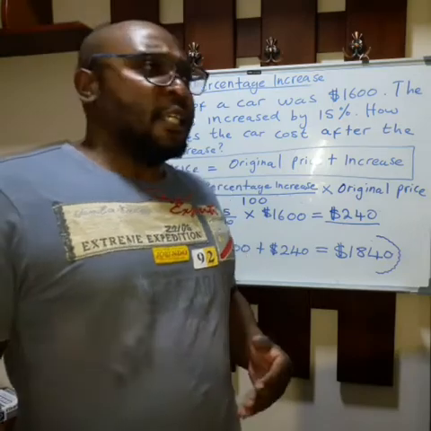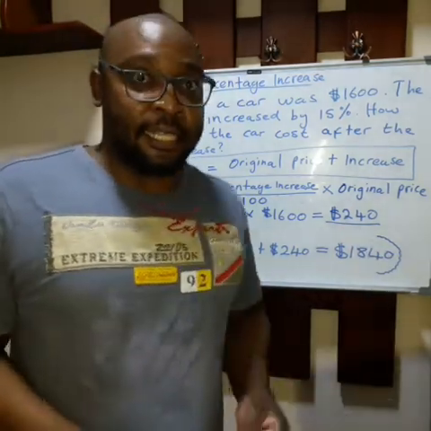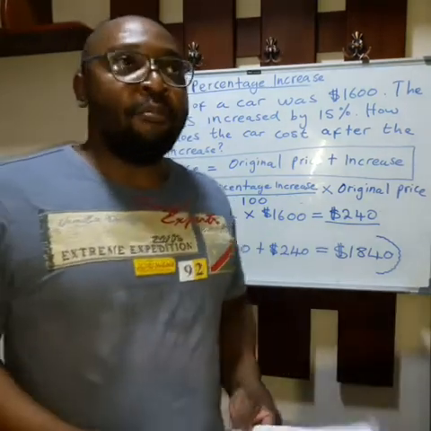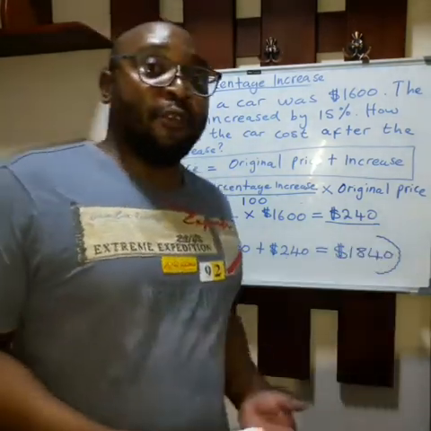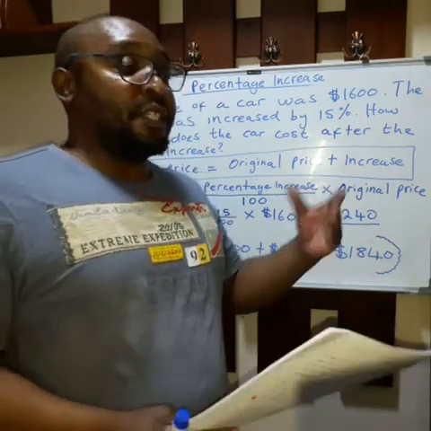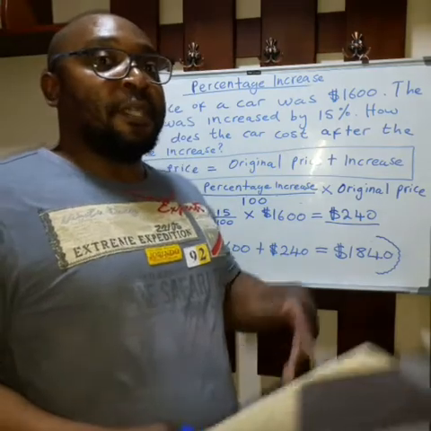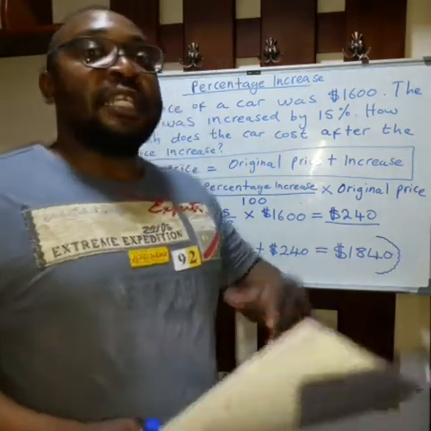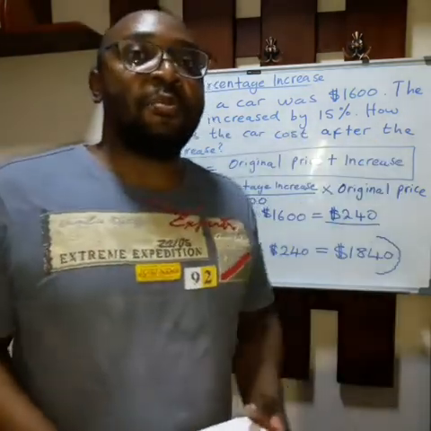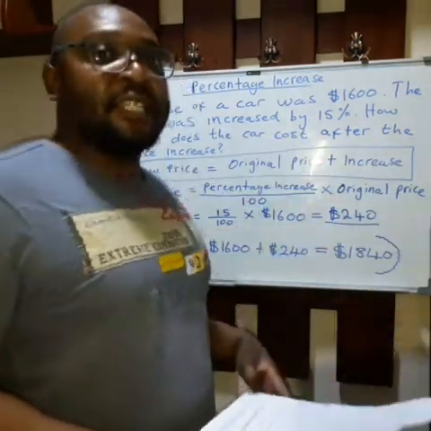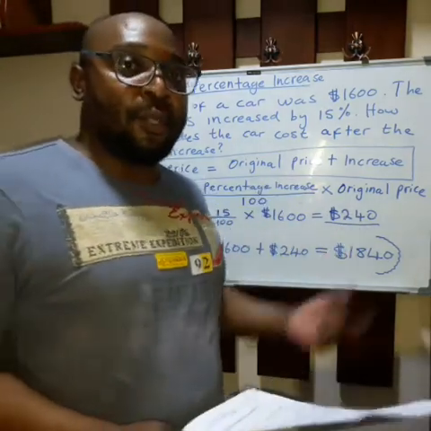Okay, so let's say you're a business person. You are into business, you're into buying and selling. If you buy a car for maybe 20,000 US dollars, you cannot sell it for the same amount. You have to put a percentage so that at least you can gain profit. So the moment you put a percentage, there's going to be an increase in the amount. Basically this is what these business people do. So I have an example in relation to that, and we are going to do it together.